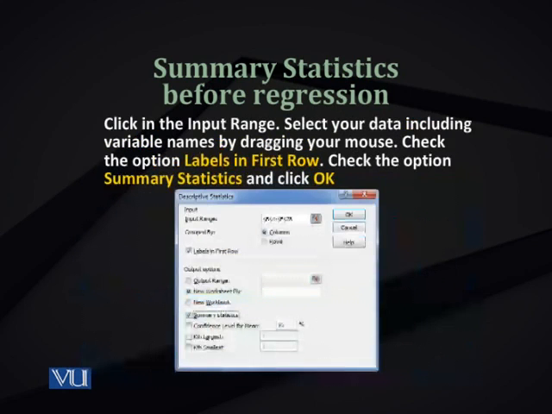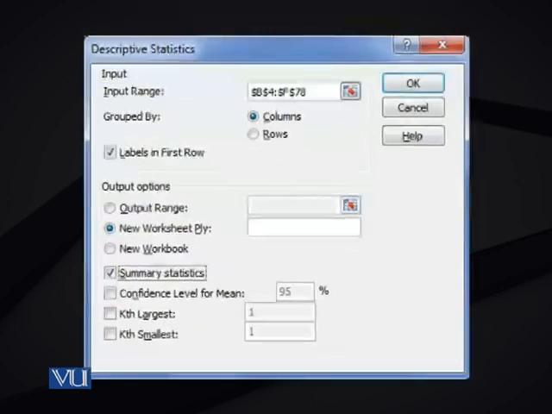So you will select descriptive statistics and press OK, and you will be asked about the input range. You will select an input range which contains all the variables. There is no question of dependent or independent variable over here. So you have an input range of both y and x variables. You are seeing B4 to F78. This means about 74 observations from cell B4 to F78. So there are several variables, dependent or independent.